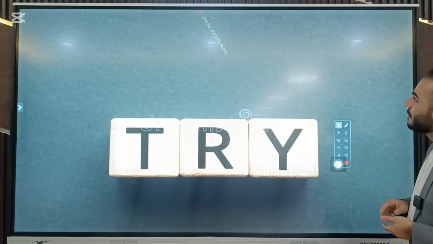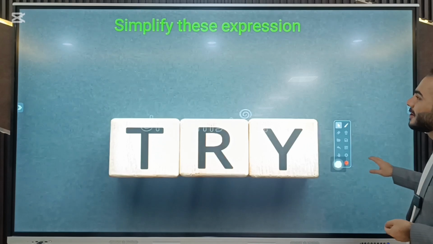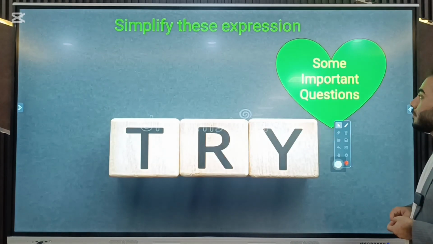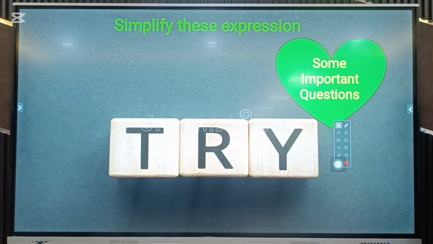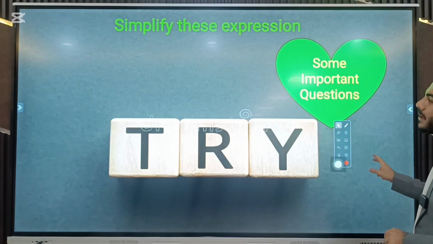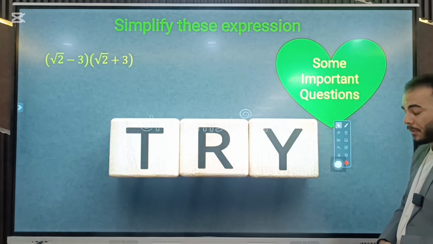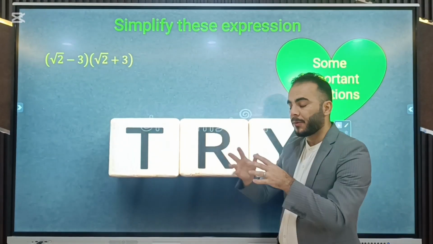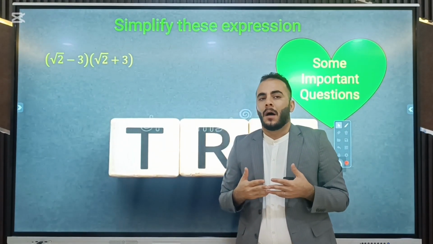It seems we have got some questions again. Simplify these expressions. Oh my God. Okay, some important questions. Let's see what kind of questions they are, because I do remember that when I prepared this slide, I